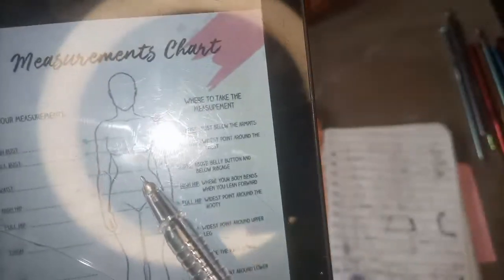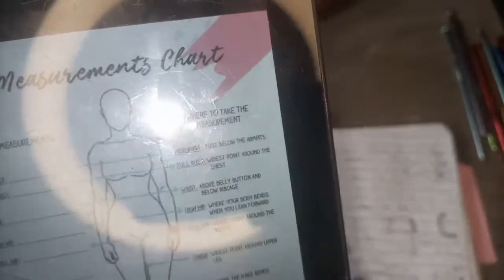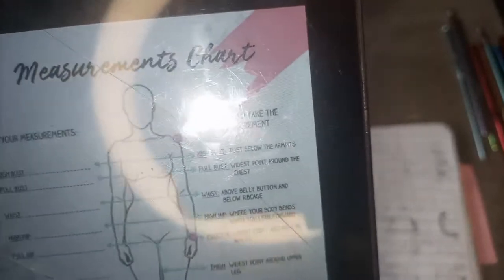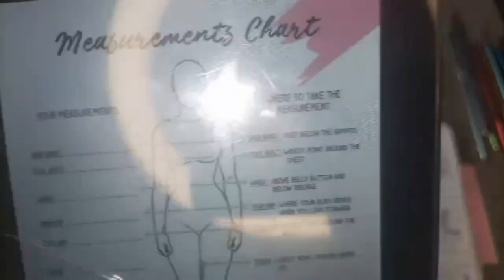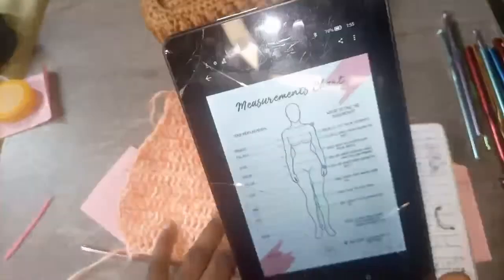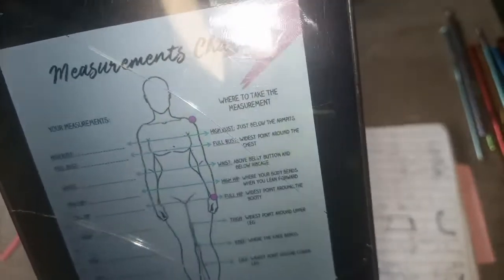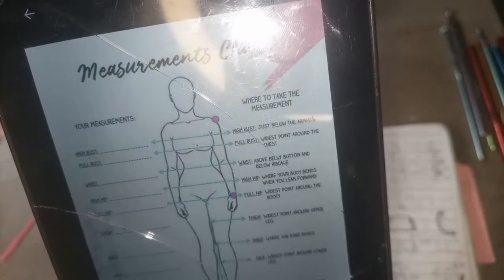Okay, now you see from this place up to this place, please, I want someone to tell me, is this a decrease or increase? Is it a decrease slope or increase slope? Please, can someone tell me? Are we going to increase here to achieve our high hip, or are we going to be decreasing? Please, I need an answer. I'm waiting.